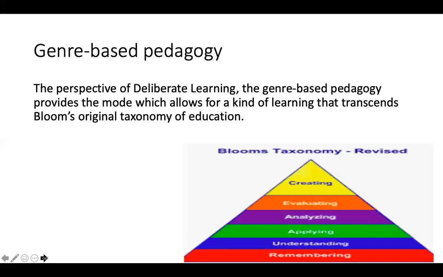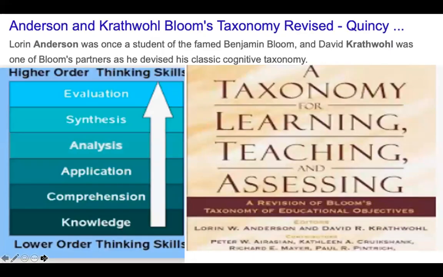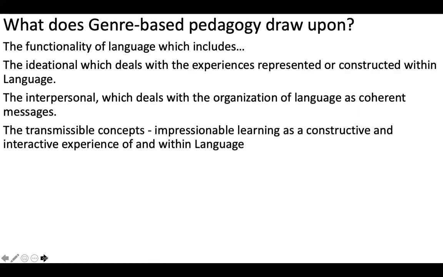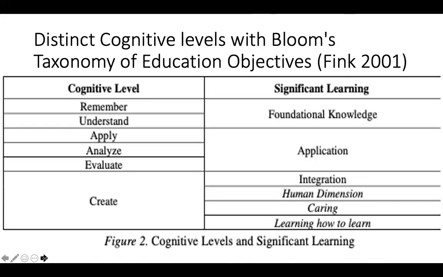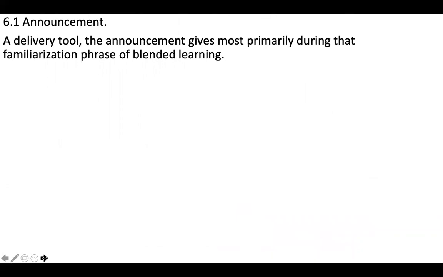And two people called Anderson and Colwart, I think his name is, they expanded on Bloom's taxonomy of education, so they have included a bit more in the way of higher and lower order thinking. So I'm just going through all this because it's probably too much information. So that they say to include more in the way of designing. But in summary, last little bit,